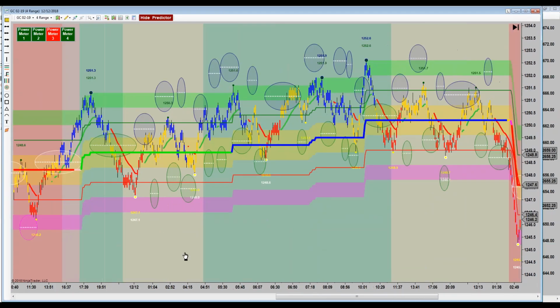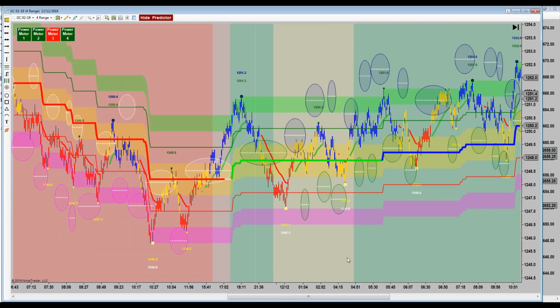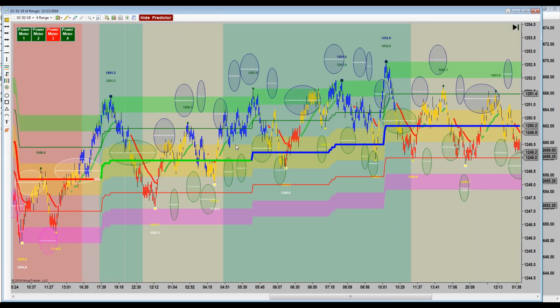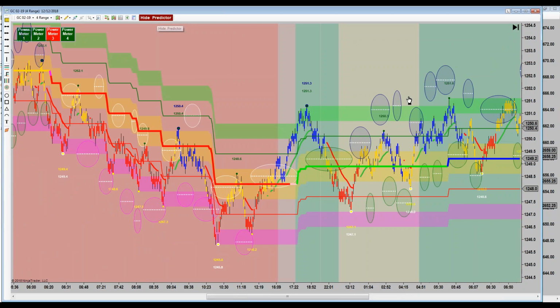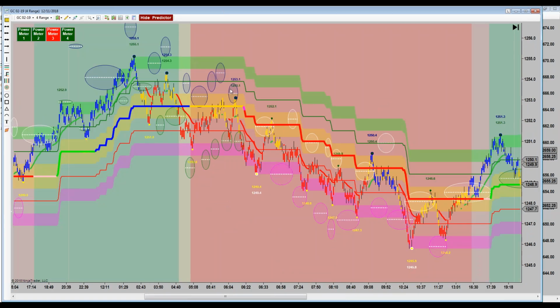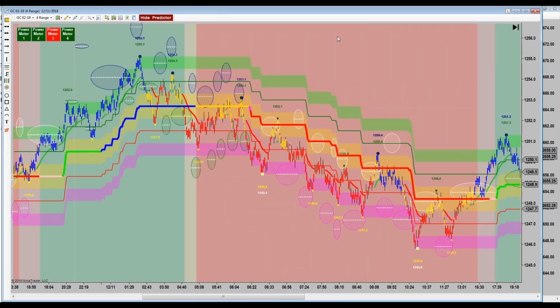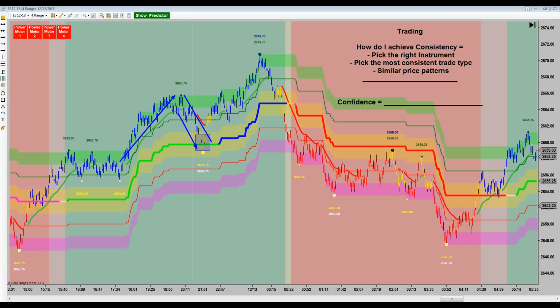Here's gold like almost all day. What does that look like to you? In fact, here is midnight, and here is the end of the day over here. What does this look like? Choppy spaghetti. Where are my meatballs? You need to take predictors off, it still looks terrible. It's just spiky, whippy. Sometimes it'll just sit there for 10 minutes and not do anything and lull you to sleep, and then it'll spike either in the right direction or the other direction. For me personally, counseling a trader who's getting involved with futures for the first time, or coming back to futures from stocks or whatever, I think you want to avoid it. Another one you could look at would be crude.